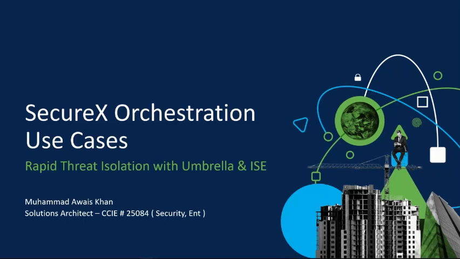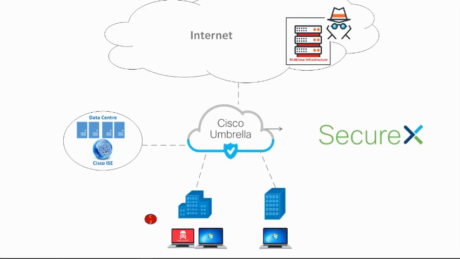So today we are focusing on automating the response to an incident related to a ransomware attack with the help of a workflow which I have created inside SecureX orchestration. This workflow will utilize multiple components of the Cisco Secure portfolio, including Cisco Umbrella and ISE. I named this workflow Rapid Threat Isolation. This is a made up example I'm going to use today, quite similar to one real incident reported to us